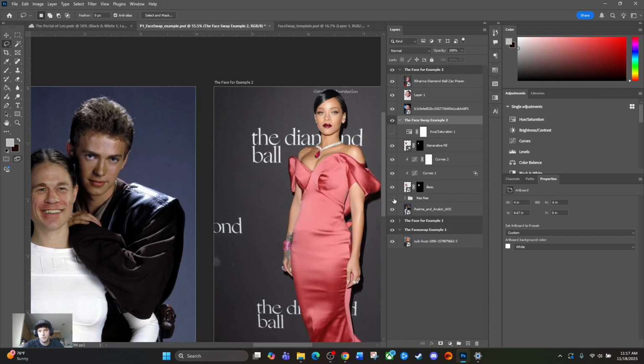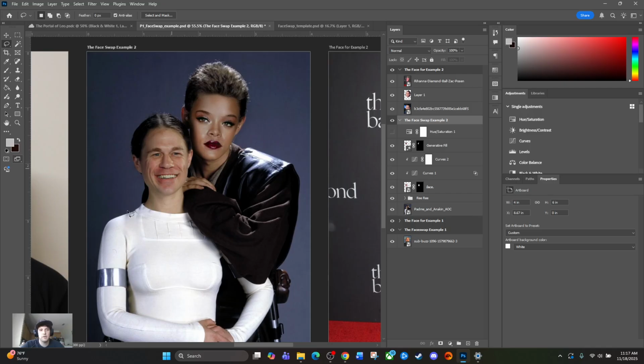And then after moving things around, I've got a nice little picture here with two face swaps. You only have to do one, but this had two people in it, so I thought it would be funny to do, I don't know, Rihanna and John Cena. They just seem like a match made in heaven. And then the last steps here, when you go to File, Export,